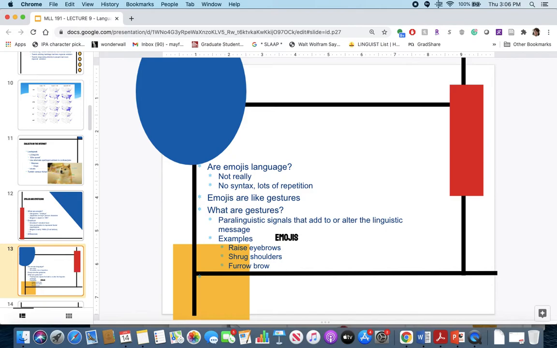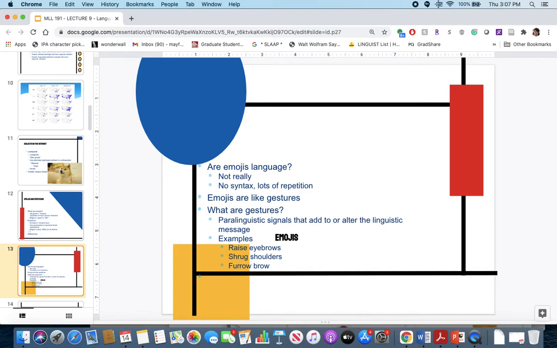Emojis are kind of paralinguistic markers that help you with your speech, right? So if you were to say "I'm fine" with the smiley face, that could be very different from "I'm fine" with an upside down smiley face. So using these different emojis can create the kind of gestures as if you were smiling when you said that, or if you're frowning when you said that, or if you emphasize "I'm fine," versus "I'm fine." So these emojis really help to enhance the language.